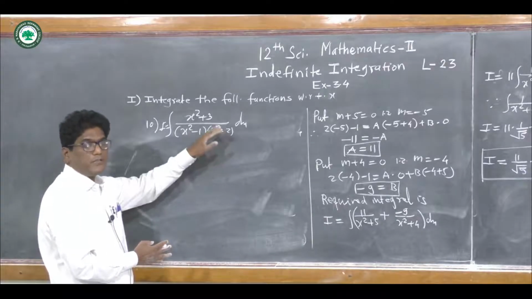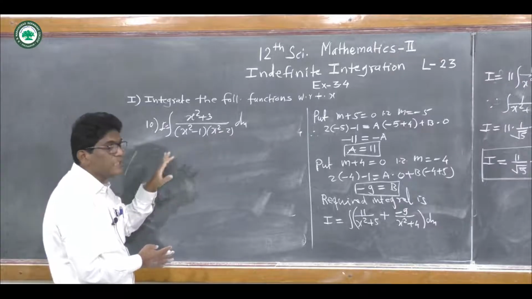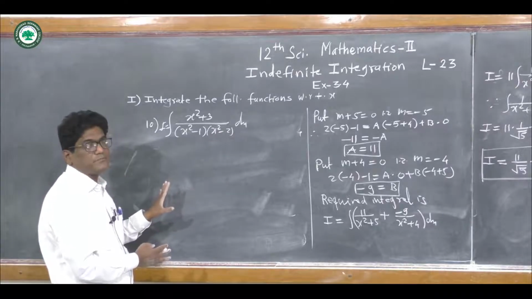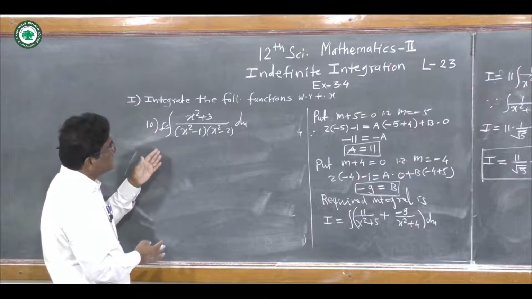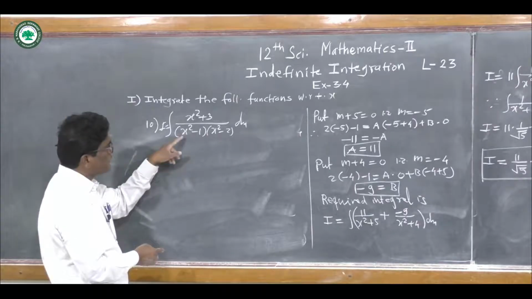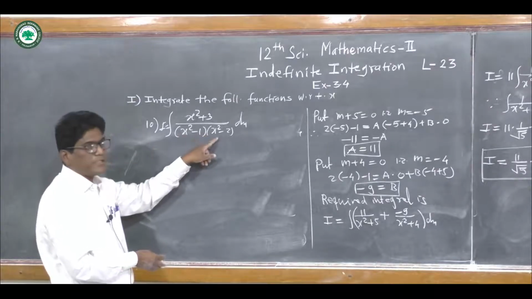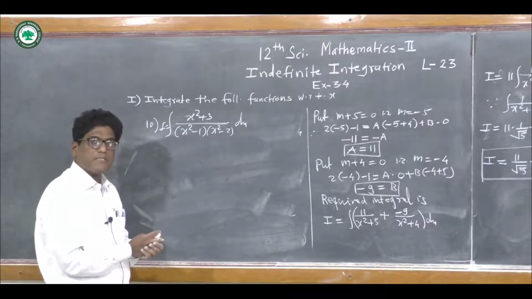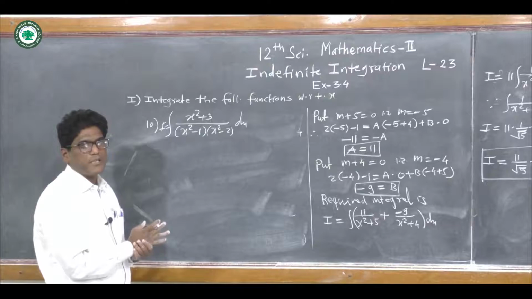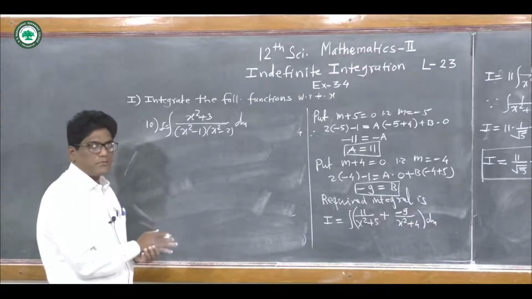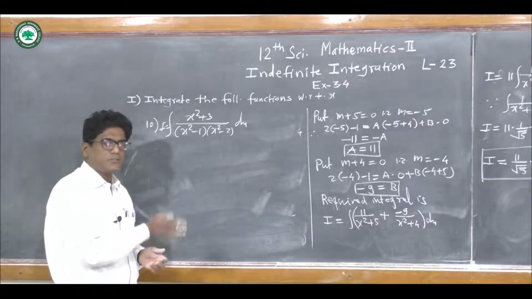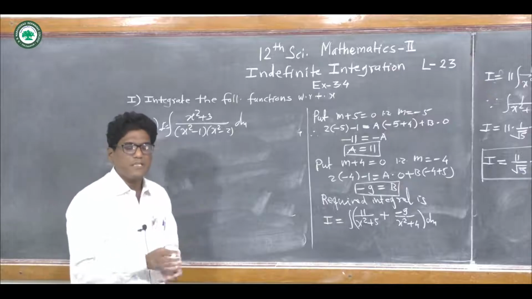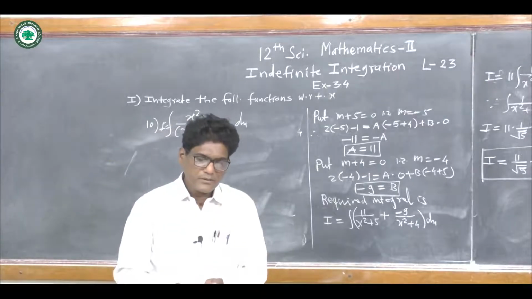Again to find the values of a and b, we put only x square is equal to m. So here m plus 3 upon (m minus 1) into (m minus 2) is equal to a upon m minus 1 plus b upon m minus 2. Then find out the values of a and b. Again put the values and take the integration. Use here the 9th problem. Using the 9th problem we can solve the 10th problem.